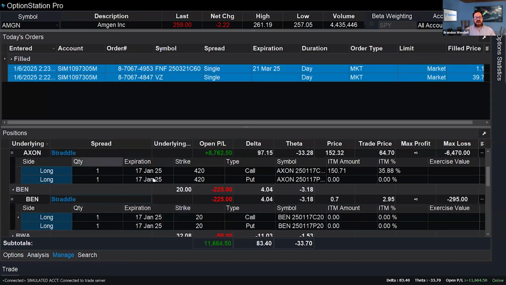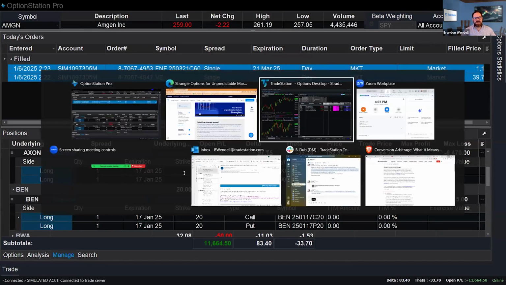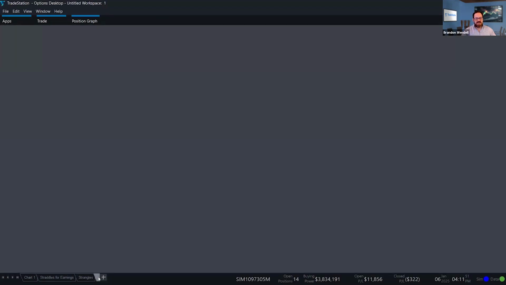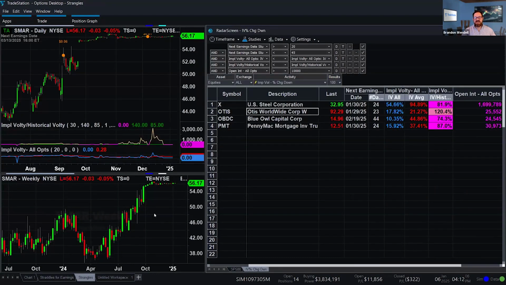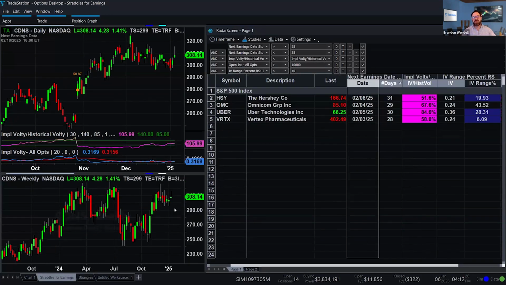First, AXON, the straddle. If I go back to TradeStation here, I'm actually going to open up a new workspace. And by the way, when you go into the Options Education Center, one of the things you can also download are these workspaces. So for straddles for earnings, there's a workspace, and for strangles, there's also a workspace. And the neat thing about those workspaces is that they have certain filters on the radar screen that can help you identify potential setups to use for that particular strategy. Now, they're not guaranteed. Obviously, you have to do some analysis on your own to figure out if it really is truly correct and right for you.